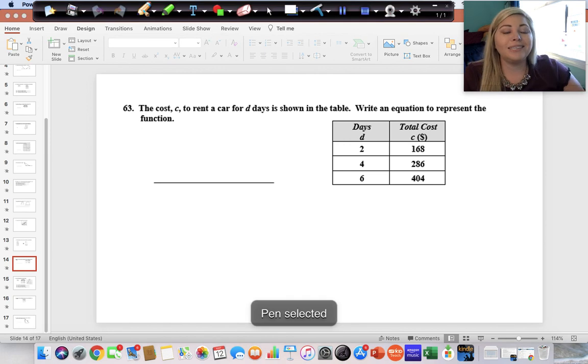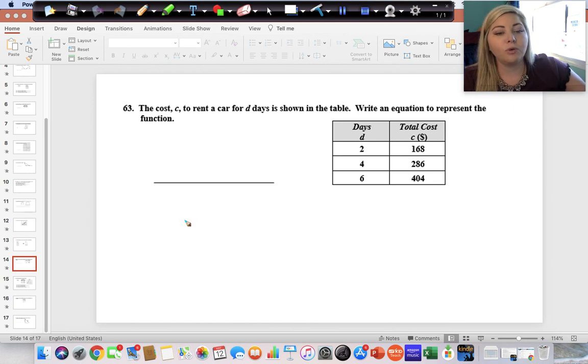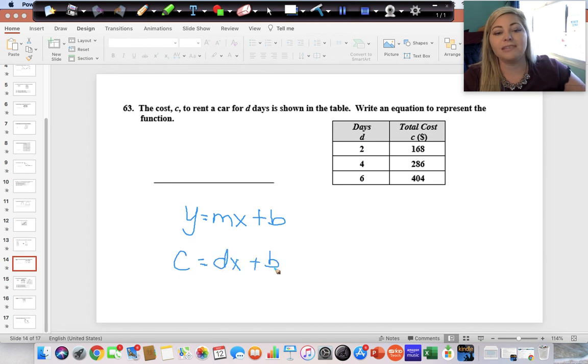The cost C to rent a car for D days is shown in the table. Write an equation to represent the function. So really we're just wanting a y equals mx plus b. But instead of the y and the x, we're wanting to use the d and the c. So C equals dx plus b is essentially what we're doing. The slope is going to go in front of the x, and then your y-intercept will go where your b